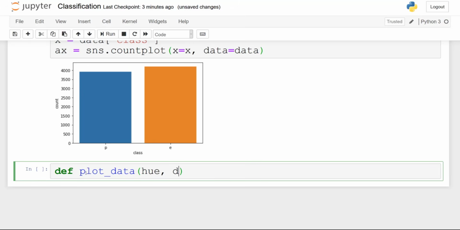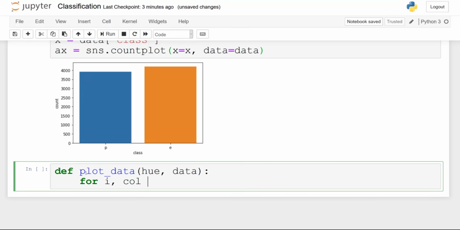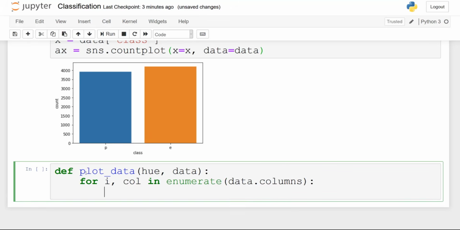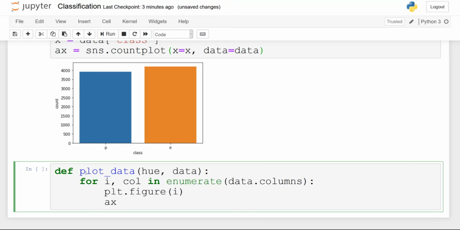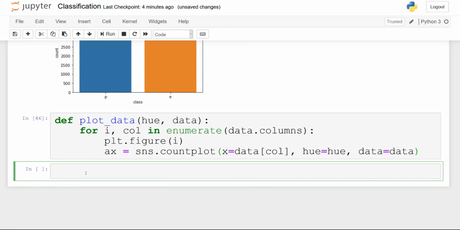Now I'm going to define a function that will allow us to see, depending on the feature, how many mushrooms are poisonous or edible. So for example, if I plot for the cap surface, so for all possible values for the cap surface, I want to know how many of those mushrooms are edible and how many are poisonous. So that's going to give us a bit of intuition as to which feature helps you to actually classify your mushrooms. And that's it. So that's the function.